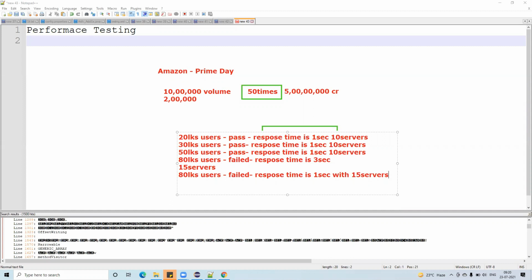This is how they test the application. For this there are separate engineers available, called performance test engineers. You all are web test engineers or API testing engineers, but performance testing engineers are separately available in the market. They don't know how to do API testing or web testing. They only know how to check the performance of the application. So don't club these two things.